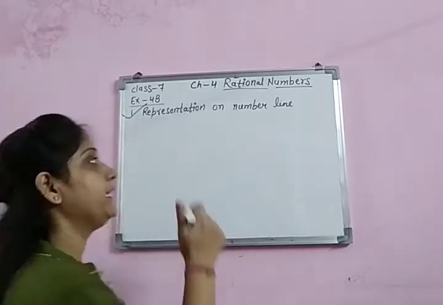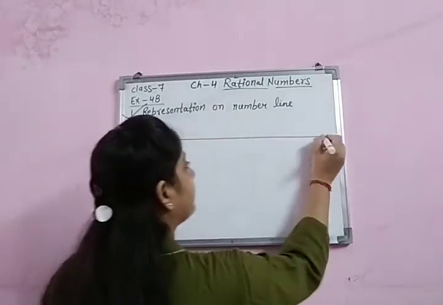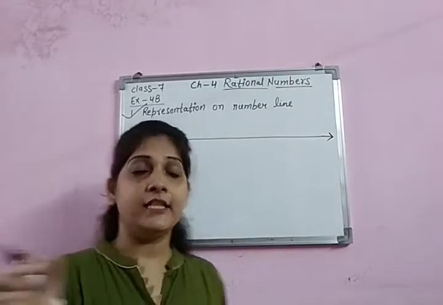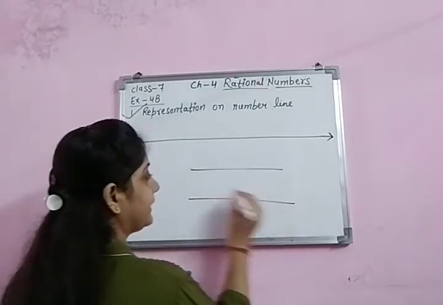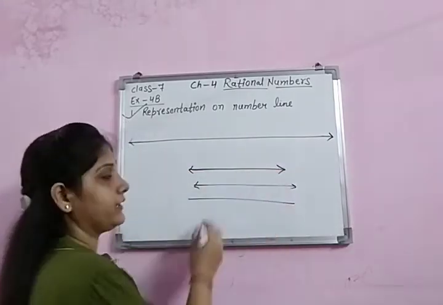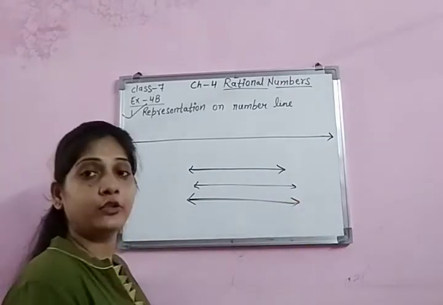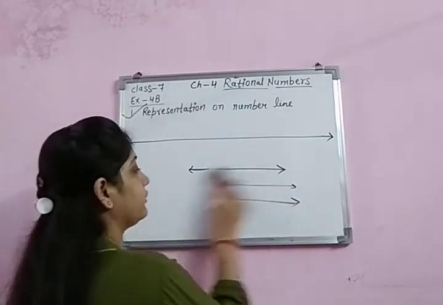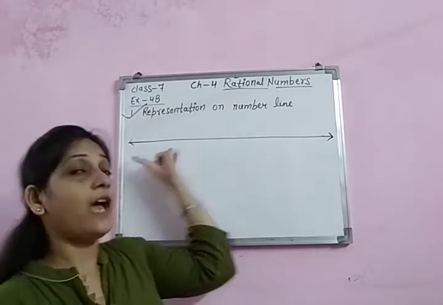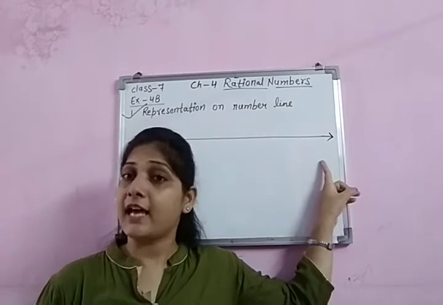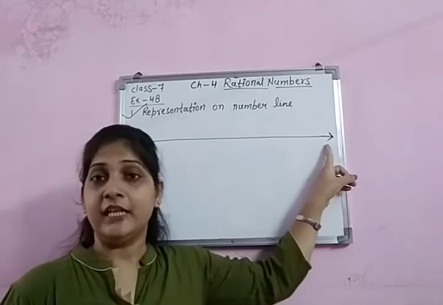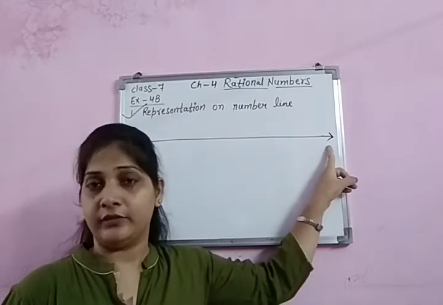Always draw the line on the ready-made line. Ready-made line means the line which is already formed in the notebook. On that, you will not make the number line like that. These are the lines and in between, no, these are the ready-made lines, so trace over it. Okay, like this, not in between. Fine. So you have to make the number line on the ready-made. Both side arrows, because it can extend on both sides. It's a line, not a line segment. So arrow is compulsory. It shows that there is no end of the line.